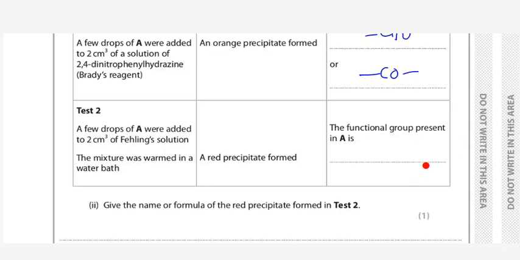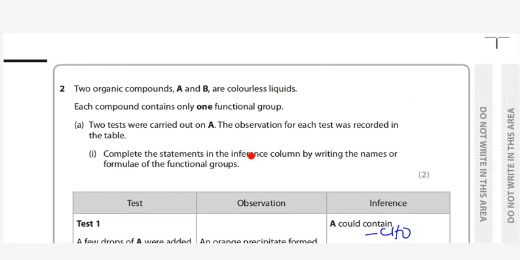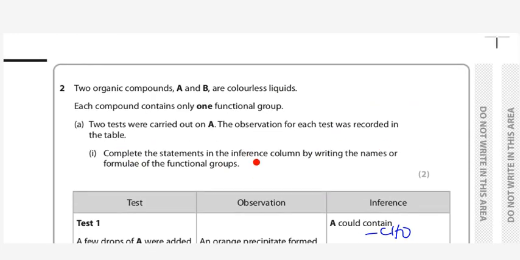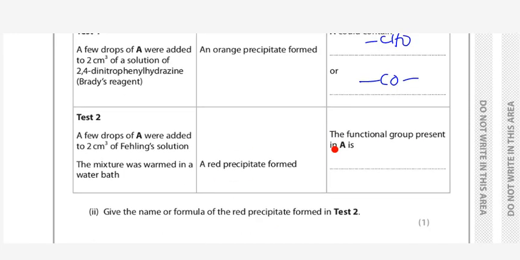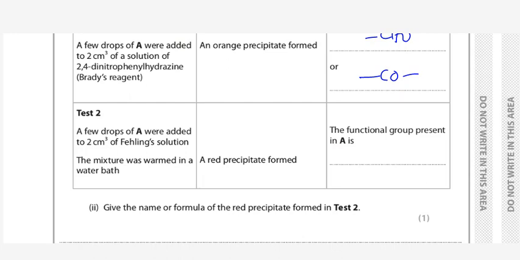Aldehyde or ketone functional group. Can you write the formula? Names or formula? Yes, you can write the formula. A few drops of A were added to 2 cm³ of Fehling's. Get red precipitate. That means the aldehyde is confirmed because Fehling's and Benedict's are the same, but